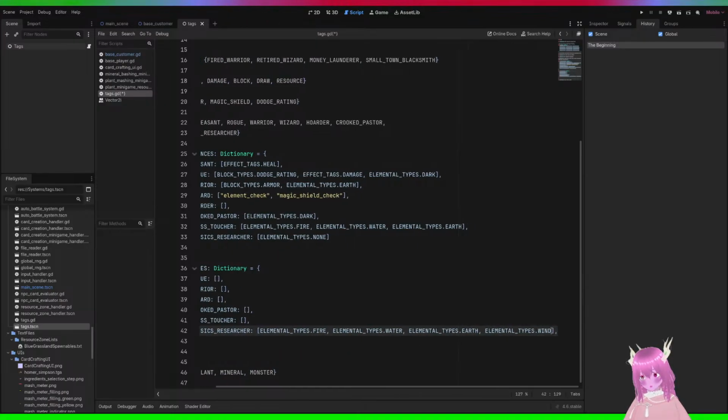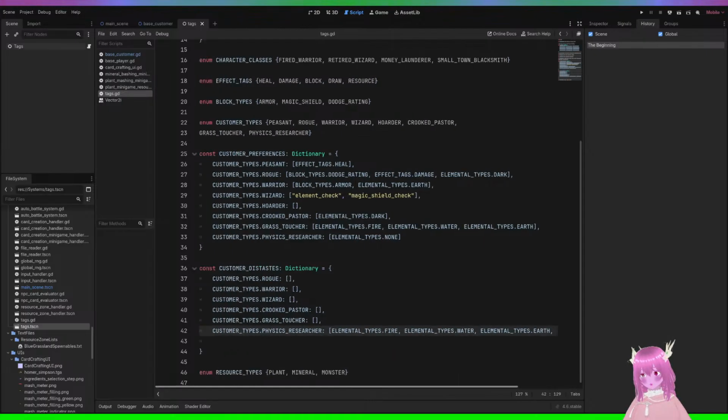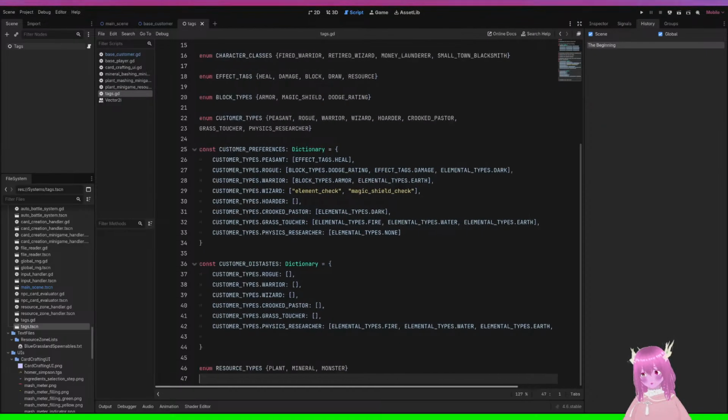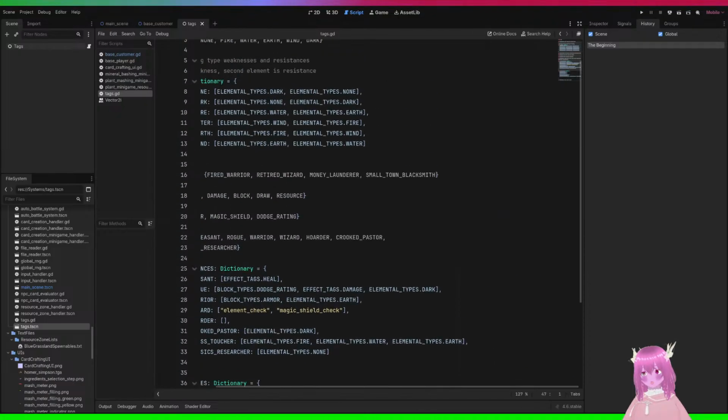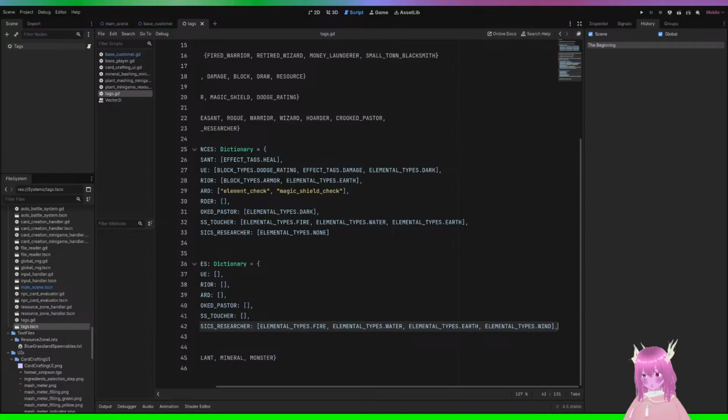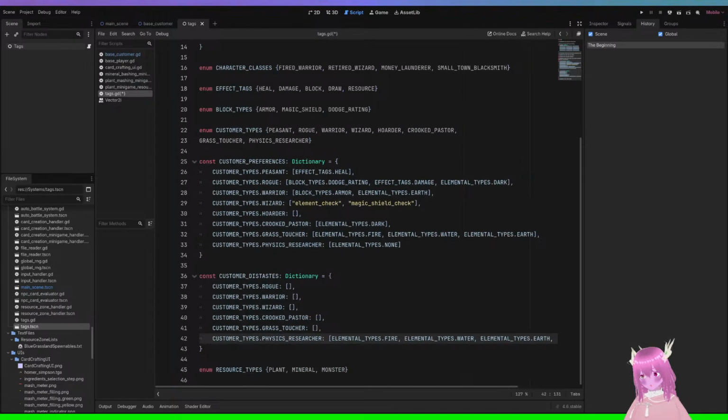Sorry, wind. But he won't dislike dark, because dark is not the same thing. But also, I've made it to where elemental damage in general is effective against the physics researcher. That's part of the defense thing. Hoarder doesn't dislike anything, so we're done with the amount of categories here.